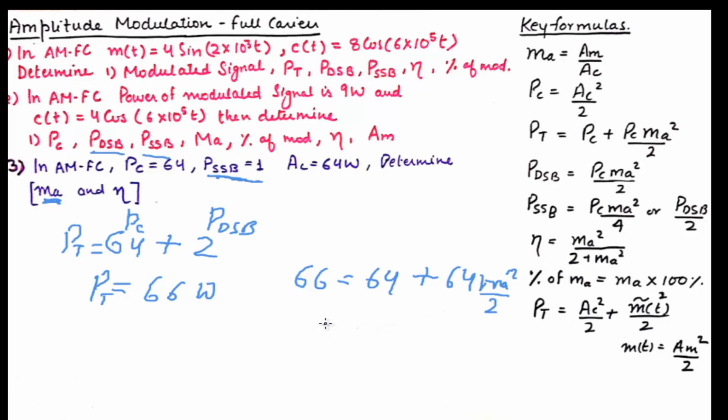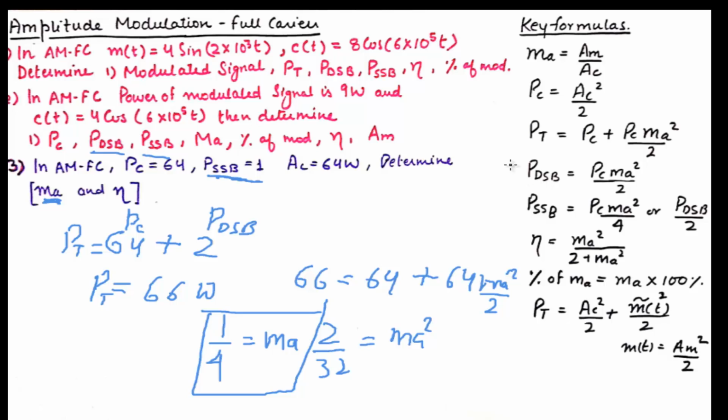So this is 2 upon 32 is MA square, so it is 1 by 16. So MA is 1 by 4. Modulation index is 1 by 4. You could use any of these two formulas. I used this formula, but it eventually turned out to be this, because when 64 went the other side, this becomes this formula. But anyhow,